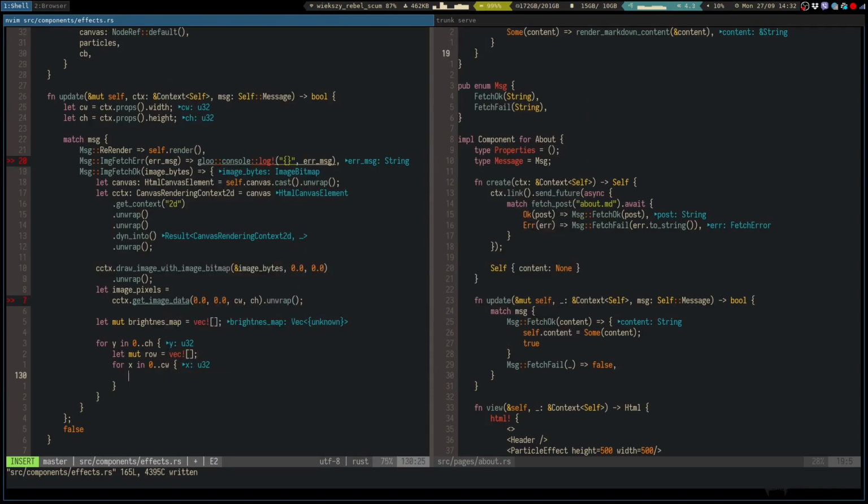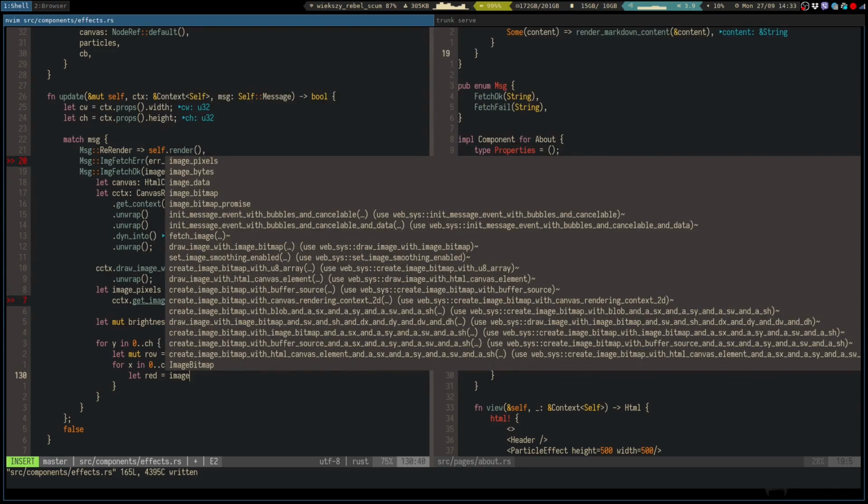Like that. So basically, once we are in the inner loop, we're going to grab each of the values for the red, green, and blue. So red is going to be... So we're fetching it out of the image bytes. So we should be able to index it, I think, directly into the image bytes,